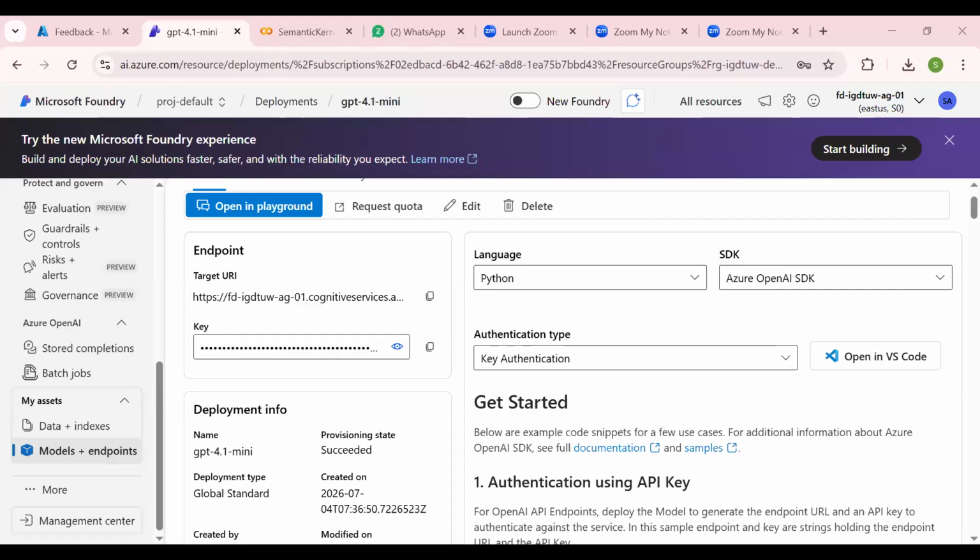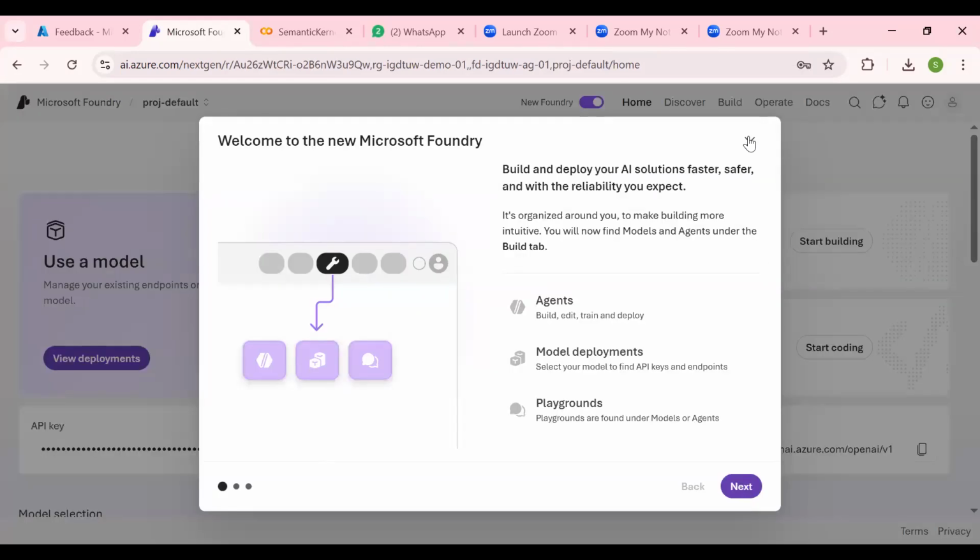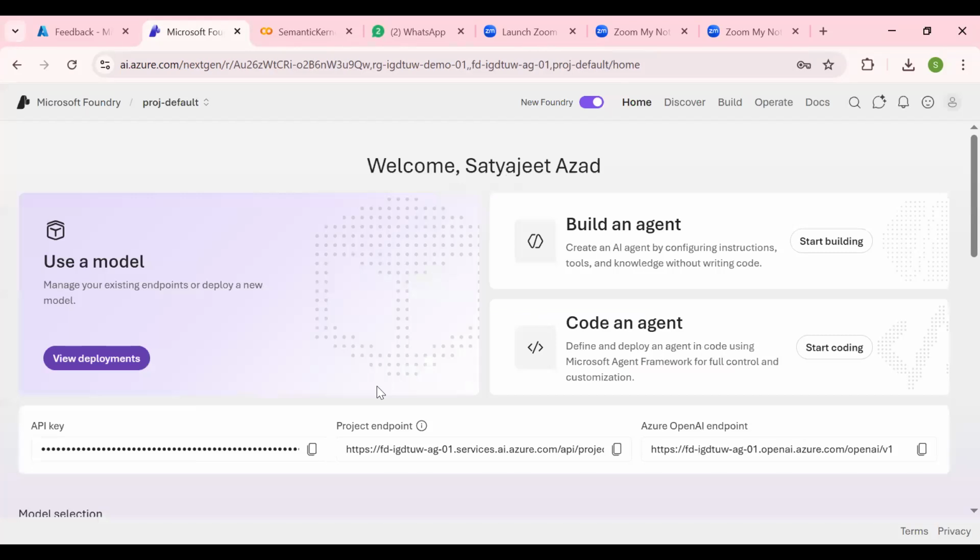So let me share my screen again. Okay. Screen is not visible to you people. If I share my screen again, so what we need is this API and the key to have access to your model. That's all. Okay. So if you go in the new Foundry, you'll see a screen like this, where more of the agents are, typically we work on the agent.